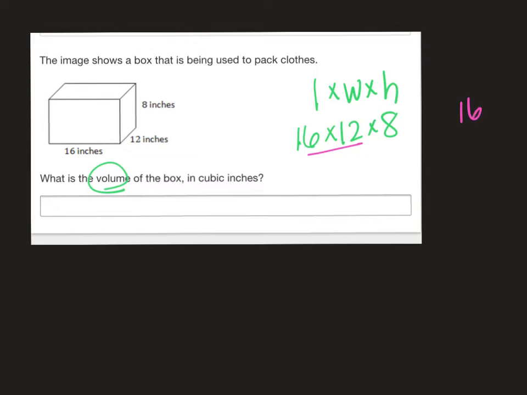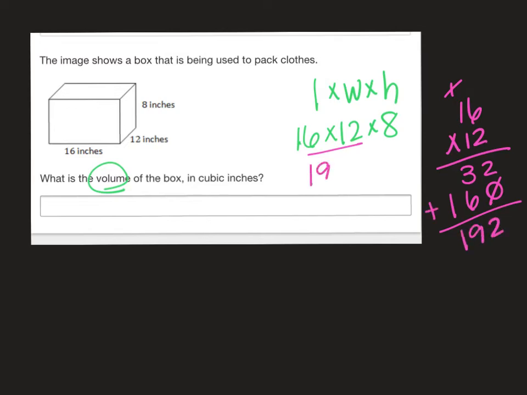Alright, so we're going to do 16 times 12. 6 times 2 is 12. 2 times 1 is 2, plus 1 is 3. We put our 0, we mark out what we've carried already. 1 times 6 is 6, 1 times 1 is 1, and then we add it together. So this is going to give you 192. So for those two numbers, it's 192, but that's not your final answer because we've got to multiply it times